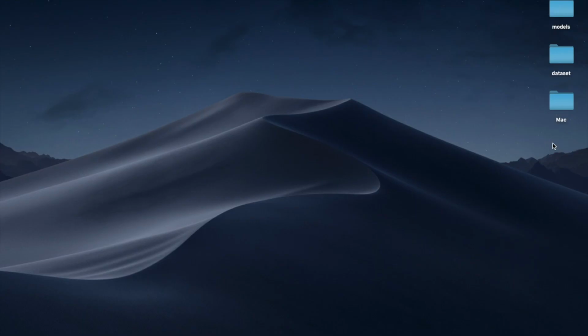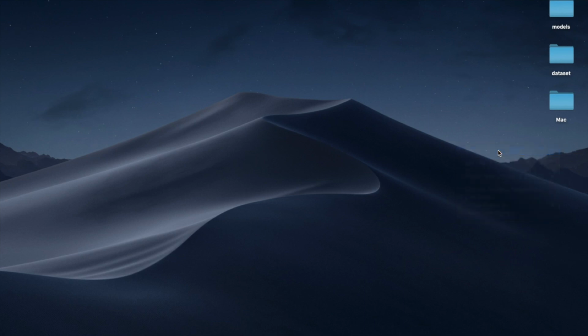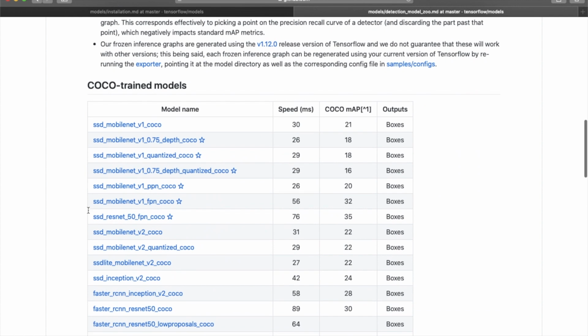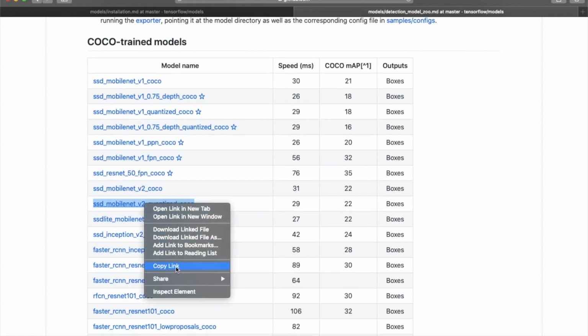To train the model, we will use a pre-trained model as our initial checkpoint. This way, we are not training our model from scratch and it will take less time for our new model to get trained. Create a new folder named pre-trained_model in the same directory where you have created all the other folders. To download the pre-trained model, open the link from the description and download the SSD_MobileNet v2 quantized COCO model.